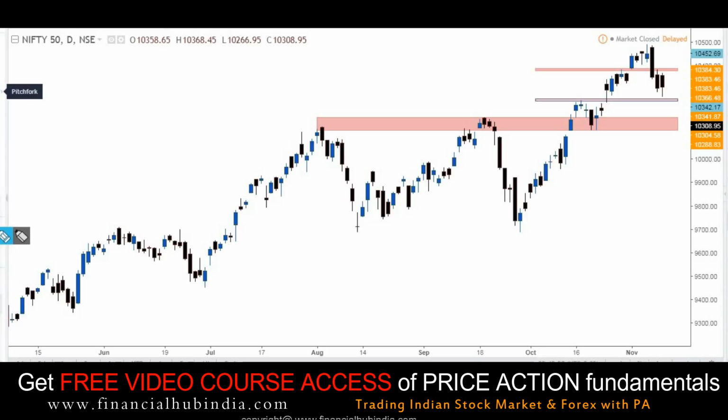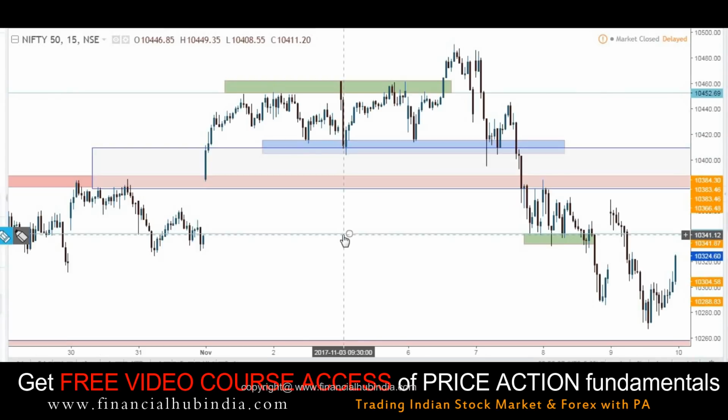So today's date is 10th of November 2017. I guess we did our last analysis on 4th of November. In our last analysis, we were talking about the 15-minute time frames, key levels. At that time, price was right over here somewhere, and we've been talking about trading this trading range here,